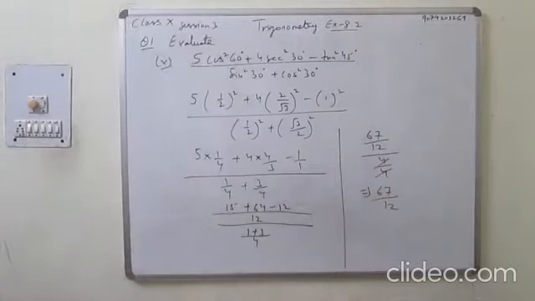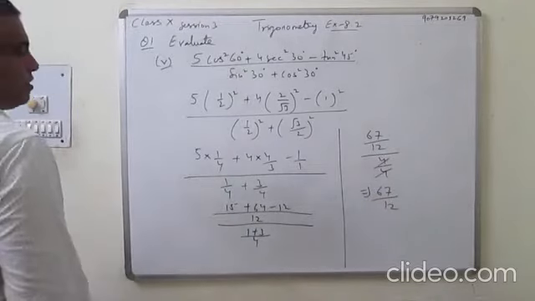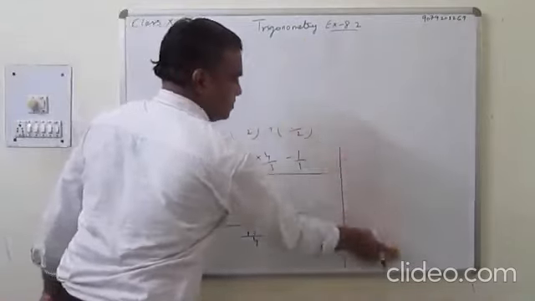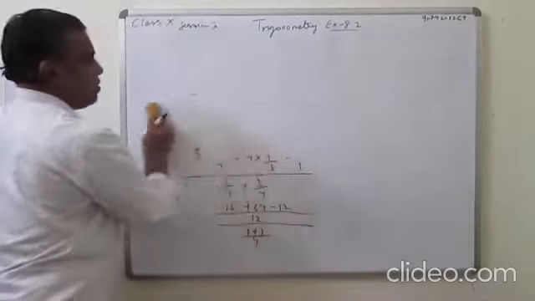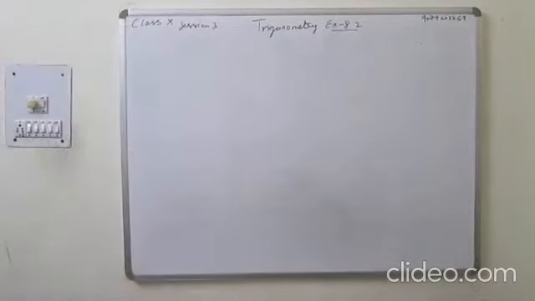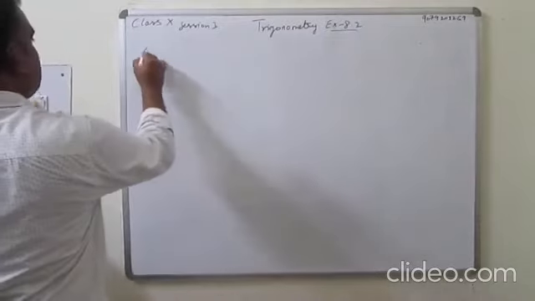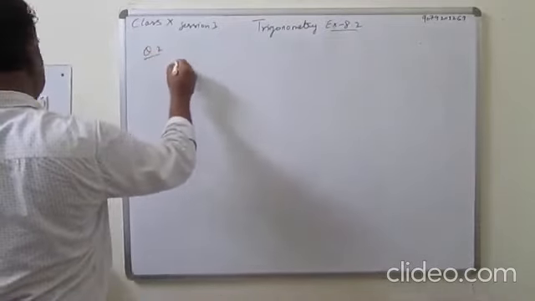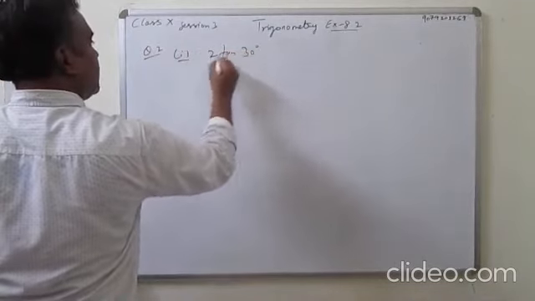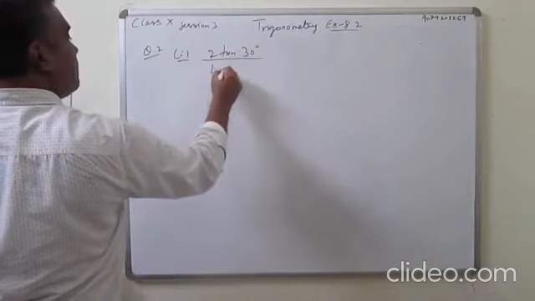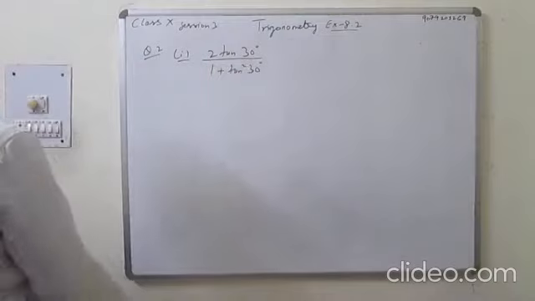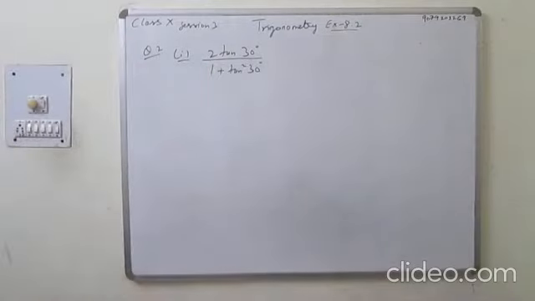Now I will take another question, that is question number 2. Choose the correct option. First part: 2 tan 30 degree upon 1 plus tan square 30 degree. So we will find the value of this. So putting the values,